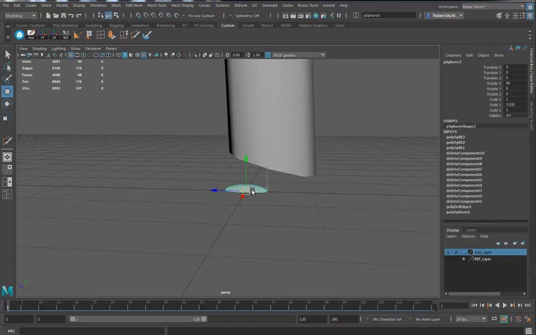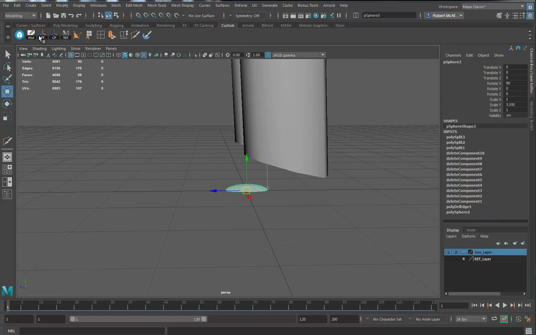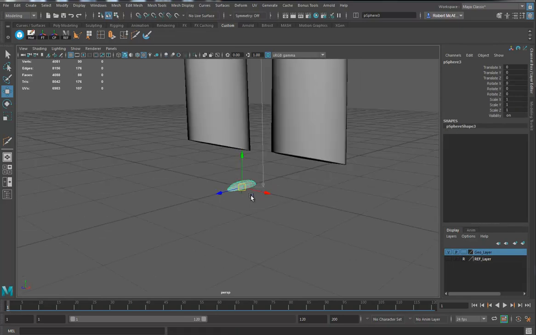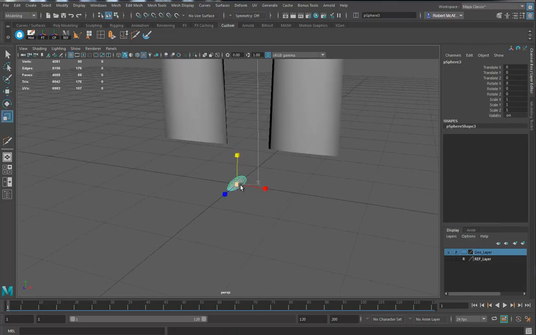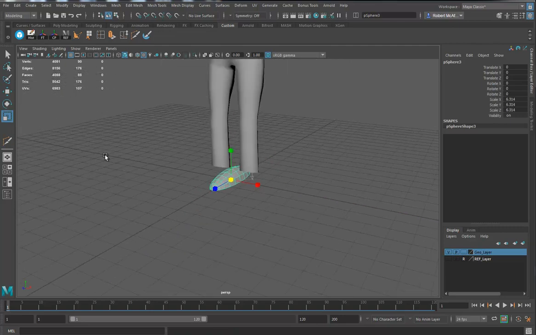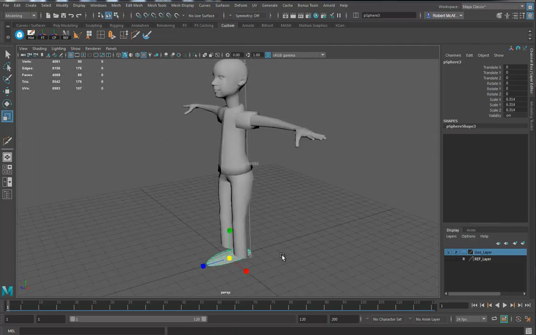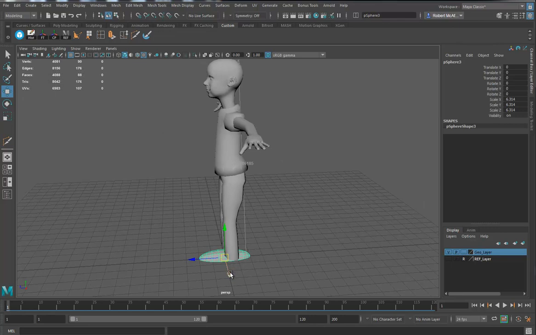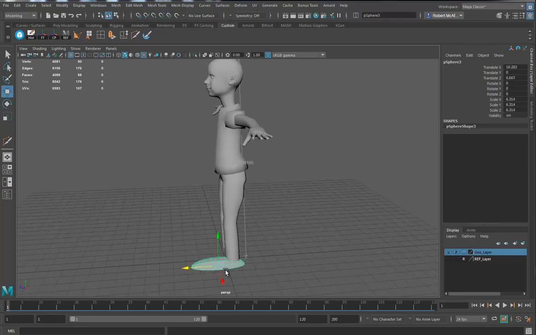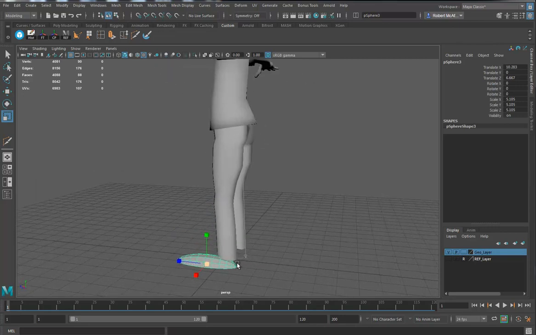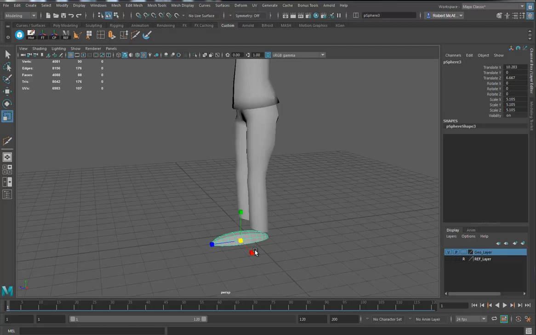Okay, and I'm just going to take this thing and delete the history, freeze the transforms, and let's make it bigger. And I have a tendency to always give people big feet when I'm making cartoons. Something like this, maybe not quite that big. Okay, that should be good. And once I got it like this,